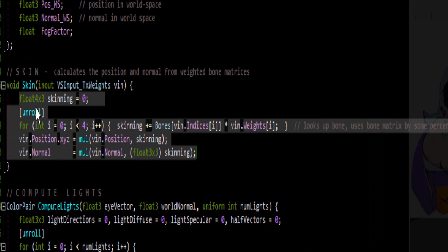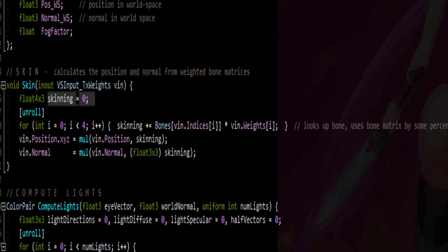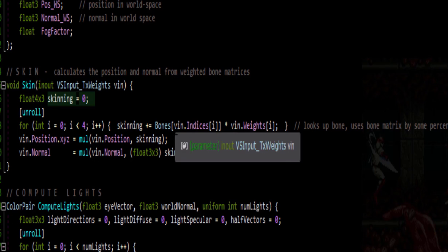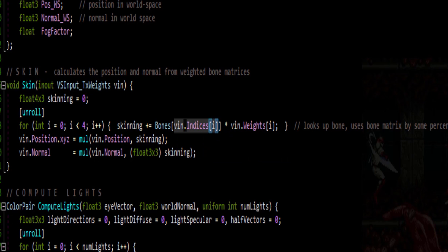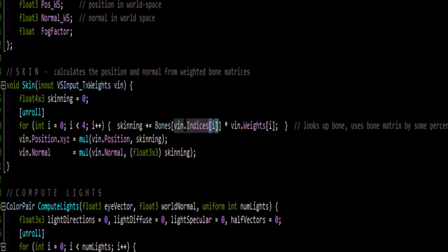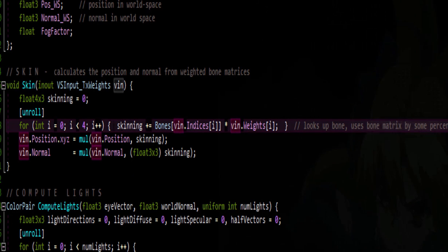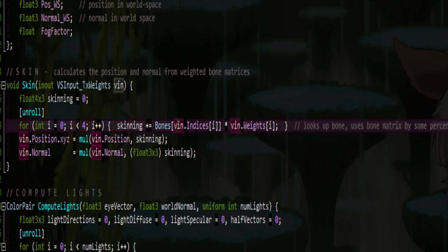So we got a 4x3 matrix, which is going to hold 3 rows of our skinning information. So there's going to be 4 bone influences for each vertex. It looks up the influence index right here. Keep in mind too, if you only have say 2 bones influencing a vertex, that's already going to be factored in, and those will just be empty. So they won't be contributing to this at all. They'll just be zeros. It's adding everything up so that it can create a percentage amount of influence. So if there was only 2, this would be like 50% maybe of one and 50% maybe of the other.